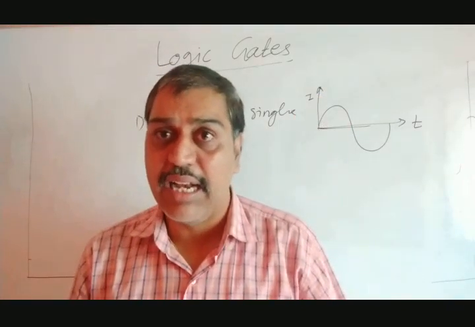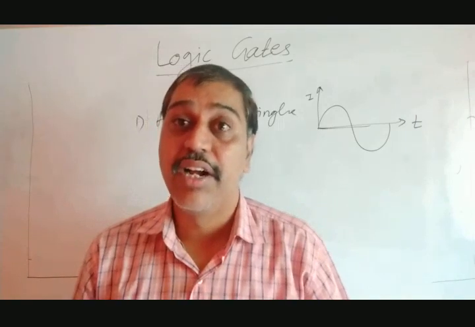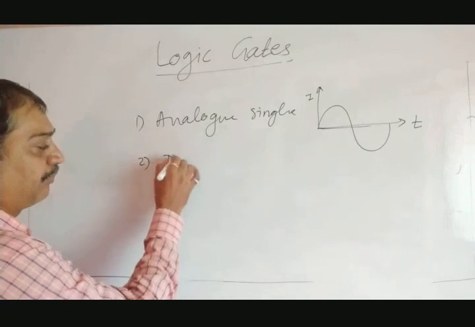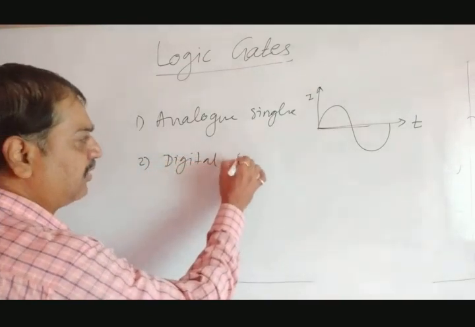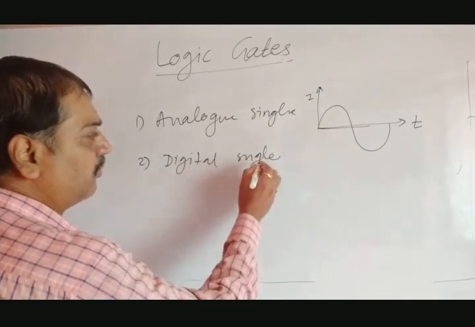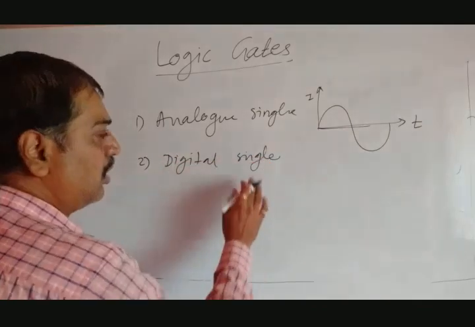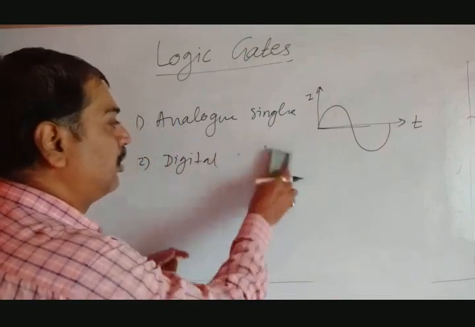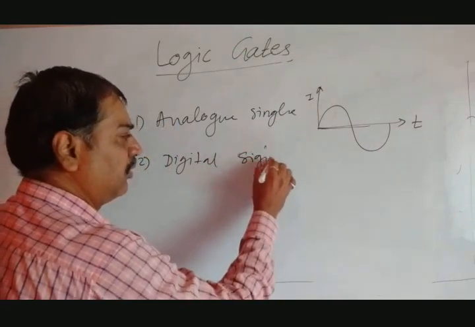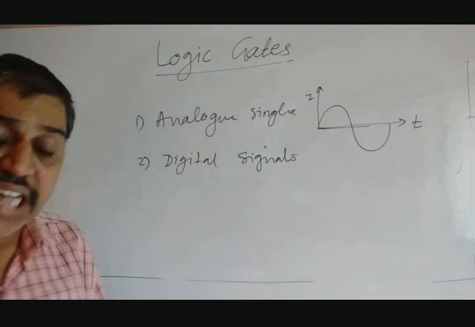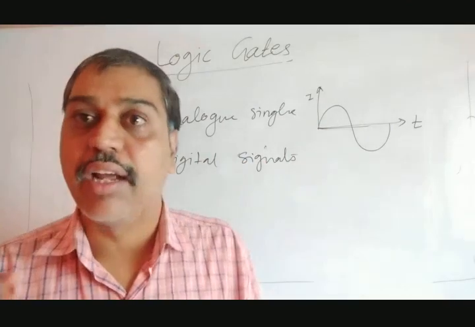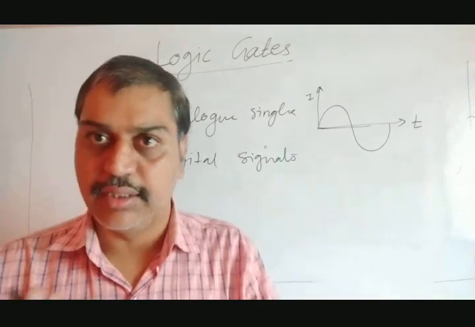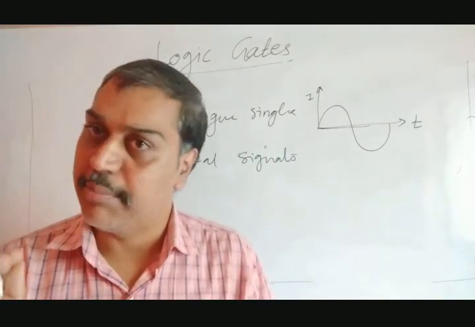But what exactly does DC mean? DC, or we can say digital signals. So this is about analog signals. Let's see the digital signals. Digital signals are nothing but what? Digital signals are nothing but a signal which varies not continuously; it varies in discrete steps. Step by step it increases, step by step it decreases.